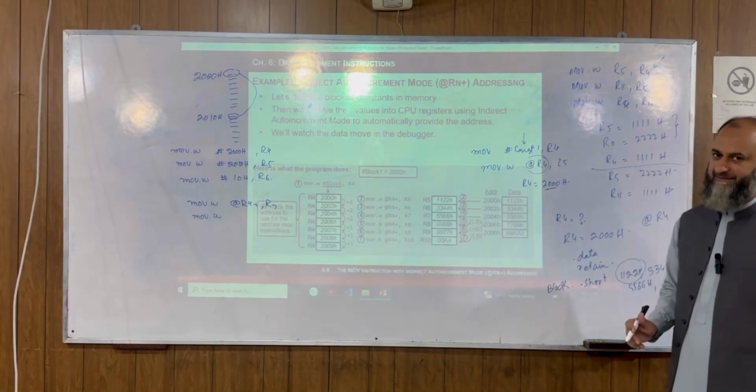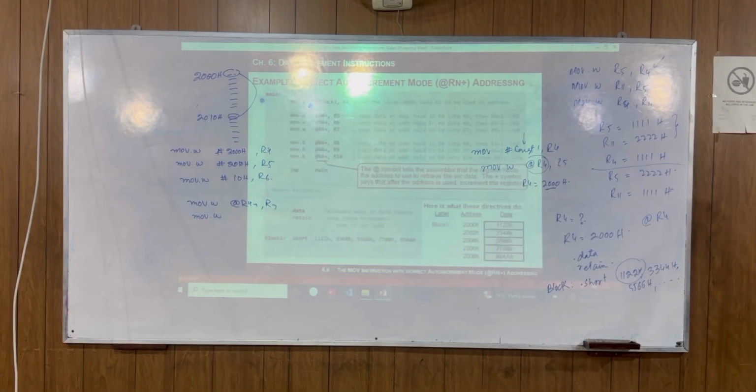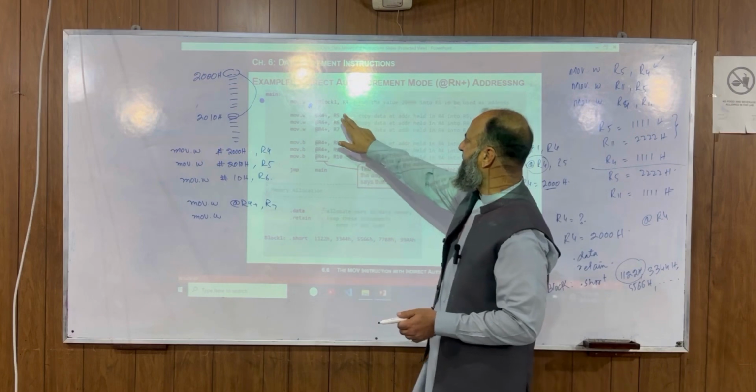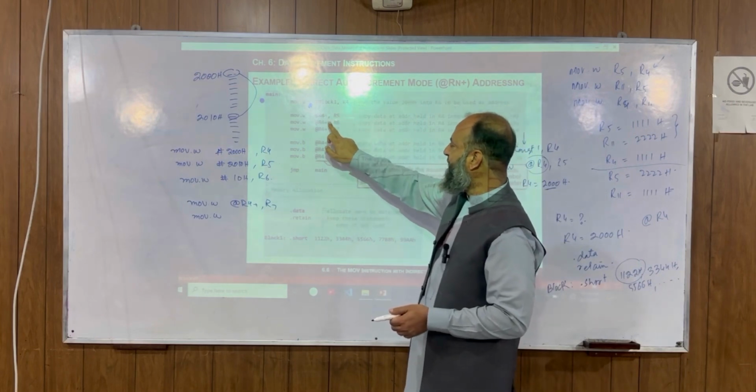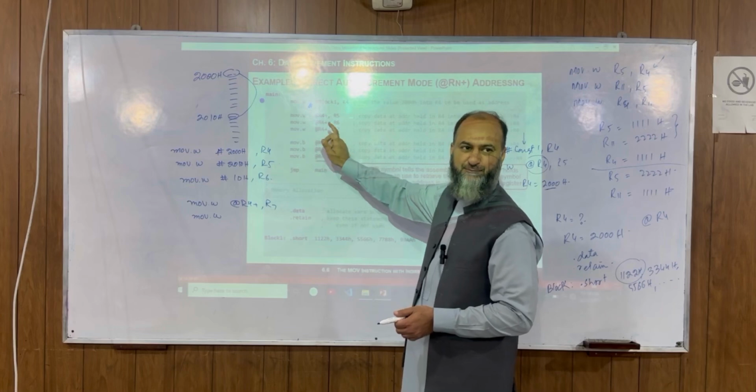And you can then use @R4+ and so on, right? तो आप हर दफा ब्लॉक के नए वर्ड को एक्सेस करने के लिए उसको इंक्रीमेंट भी करना पड़ेगा. नेक्स्ट वन. तो ये आपके पास सारा फिनोमिना है. The block in R4 is going to be R5, R6. अब यहाँ पे इसने वो मूवमेंट नहीं की मेमोरी टू मेमोरी.